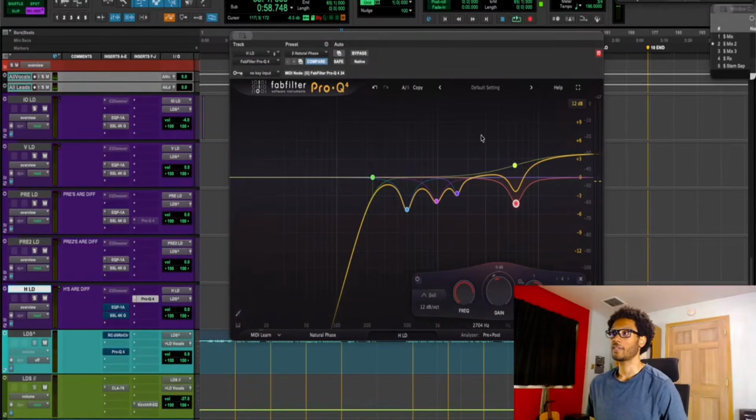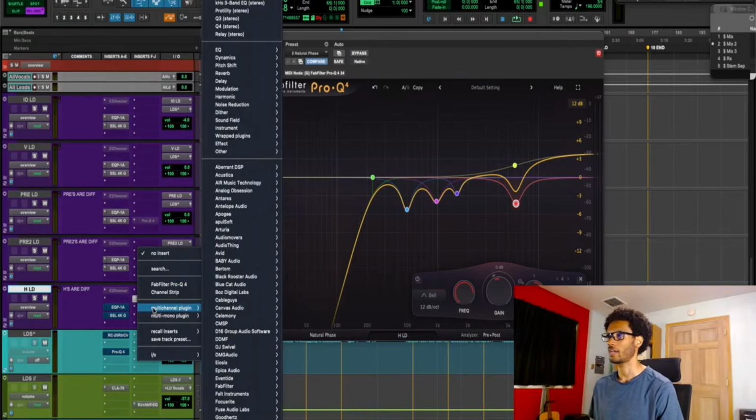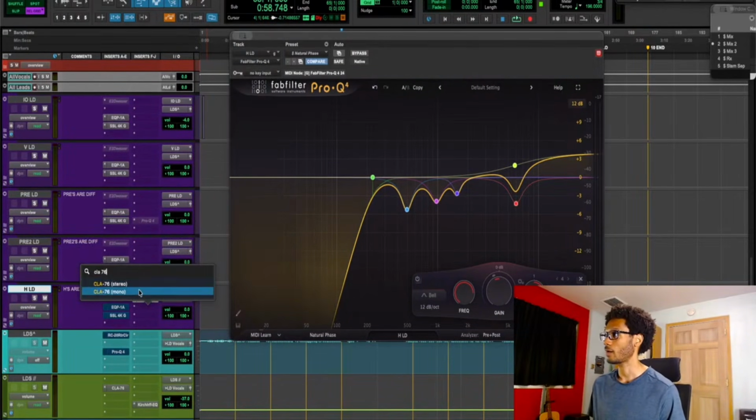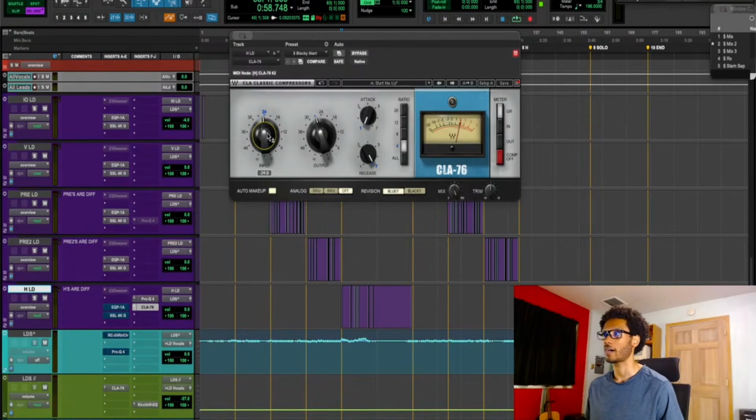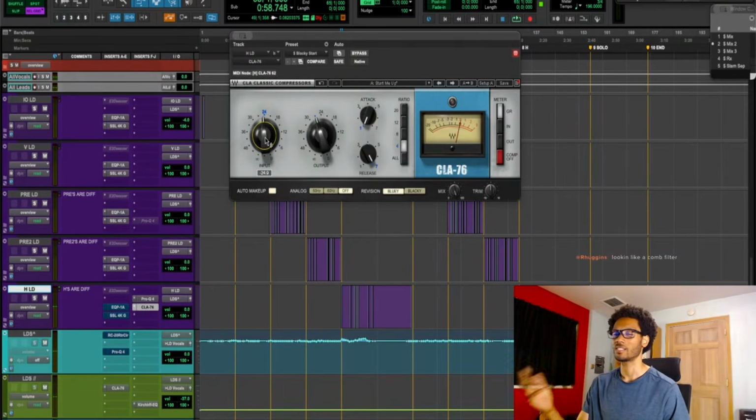They'll start doing stuff like that for what? I don't know, because they're mixing with their eyes. So that's going to be the first step. Okay, now we have to compress the vocal. So let's get a CLA-76 going. And maybe I want it to be a little warm, so let's use the Bluey. I've got to compress 3 to 5 dB, so let's go in that range. What does that have to do with the feeling and the emotion of the record? Maybe nothing, but let's do it anyway.